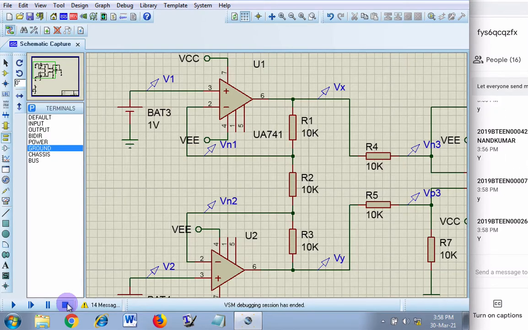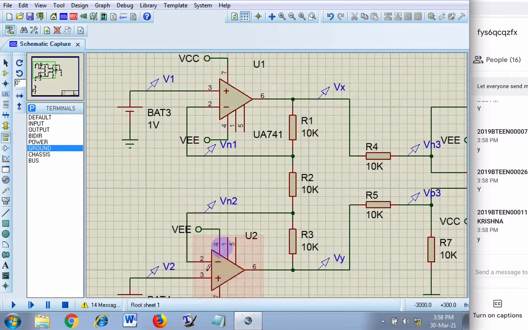So this is because some imperfections in the op amp, I repeat, some imperfections in the op amp are also modeled and implemented in this model.